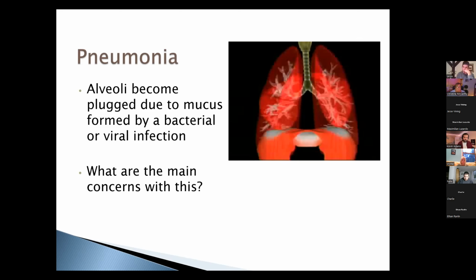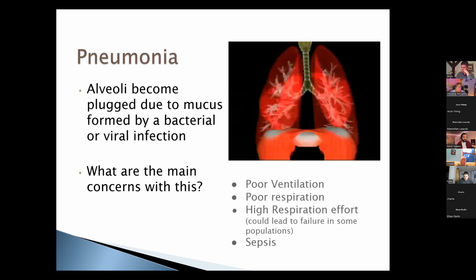This is what actually was killing a lot of people from COVID, was the fact that you develop pneumonia due to the infection. This kills a lot of elderly people every single year. So poor ventilation leads to poor respiration, and it's going to lead to high respiratory effort. So especially in susceptible populations like the elderly population, if they need to work really hard for every single breath that they have, and it's going to be a long time,